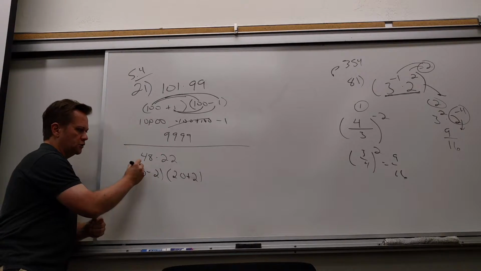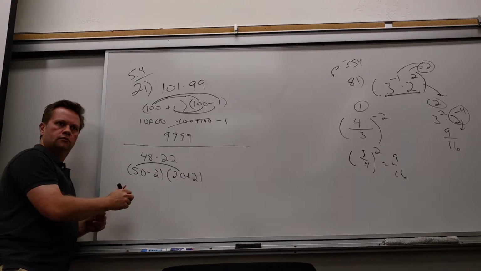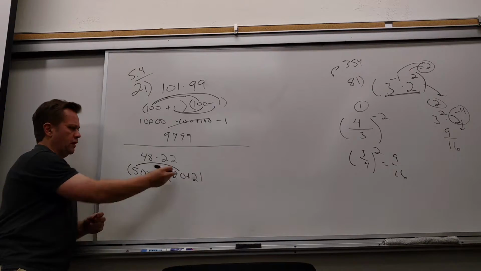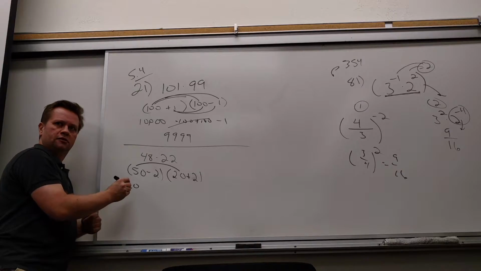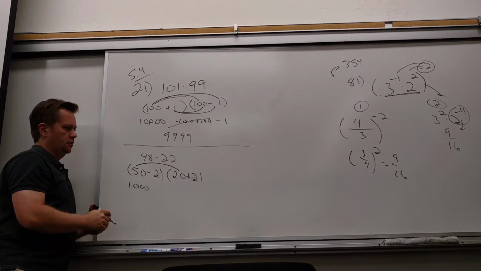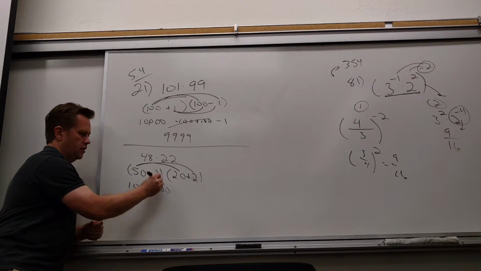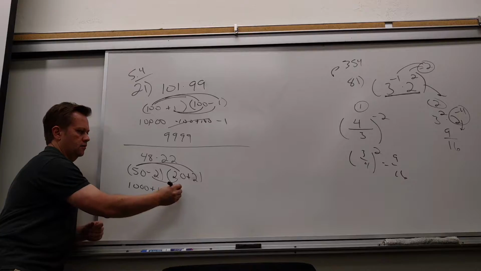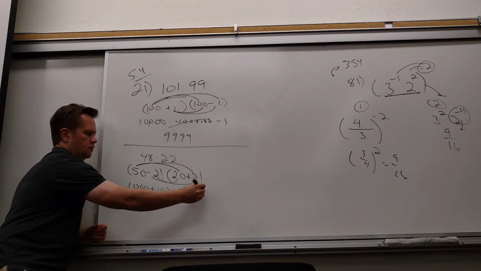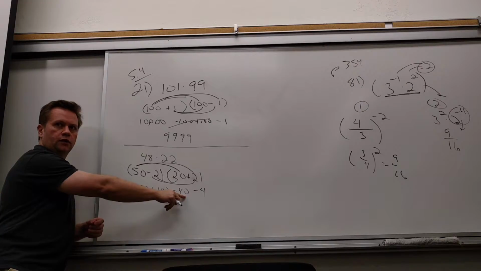And what procedure can I use now is awesome. It's a lot easier to multiply 50 and 20. 5 times 2 is 10, so it'll be 1,000. And then 50 times 2 is 100. Negative 2 times 20 is minus 40. So then 1,100 minus 40 is,